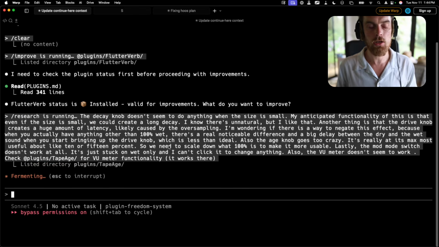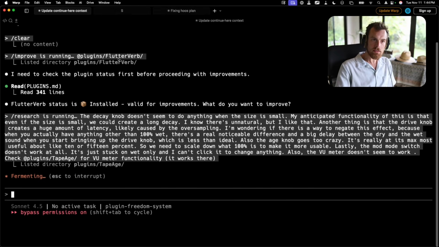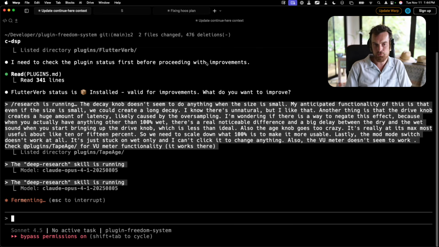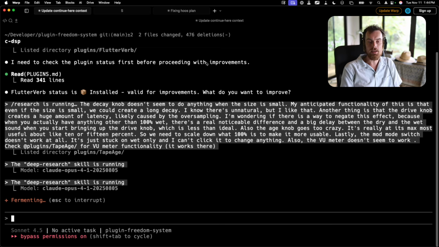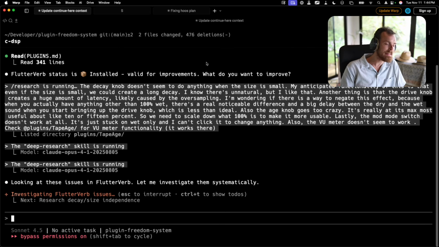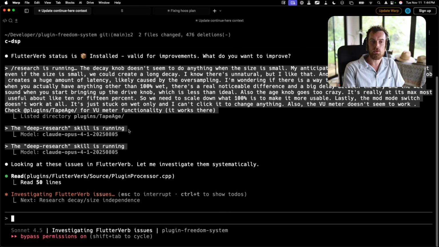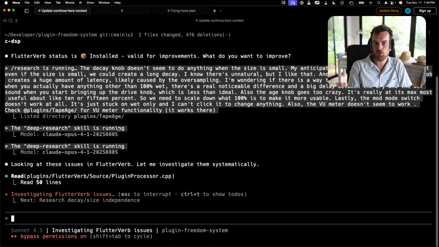And this is going to go in. So you'll see how this works. I know I did the improve workflow. That is so that we can get into this flow where it's actually going to create a backup, and instead of just making changes and willy-nilly committing, it treats it in the same kind of flow as when we were building it. So it's very helpful. This deep research skill though, this is very useful because